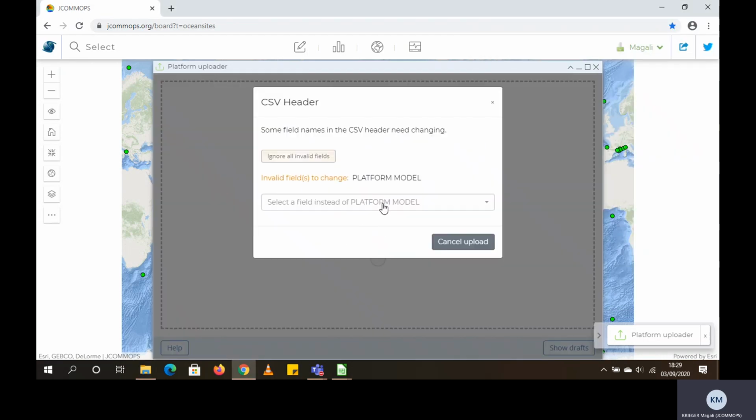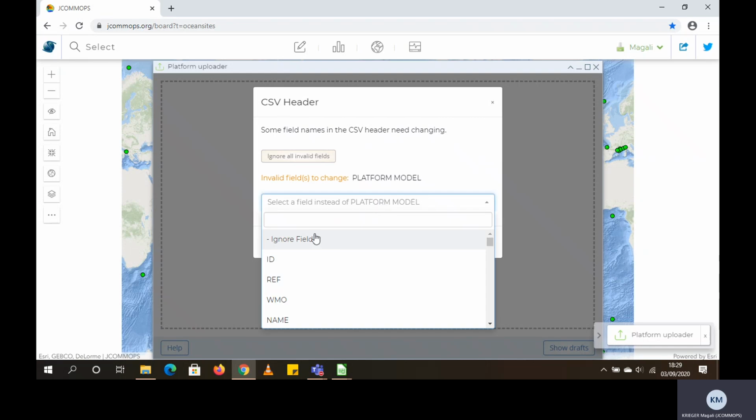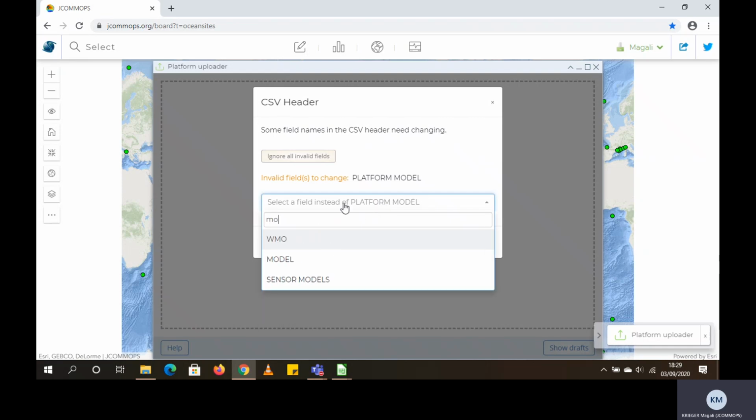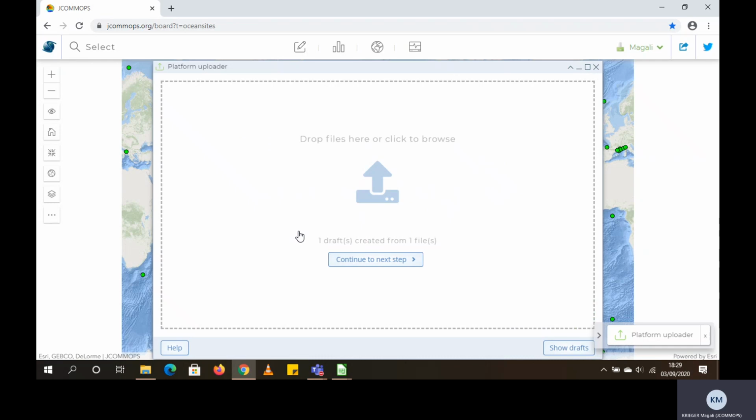Here the upload tool checks the header of the file. It doesn't recognize the platform model header, so I have to specify what to do with it. I can ignore the field, but this is not my case. I want it to be stored in the database, so I choose model. Then continue to next step.